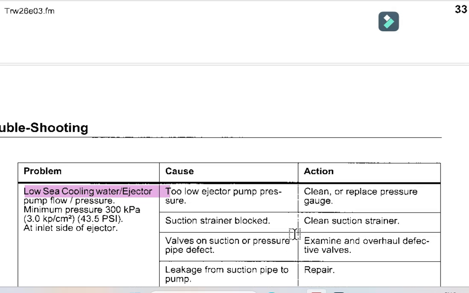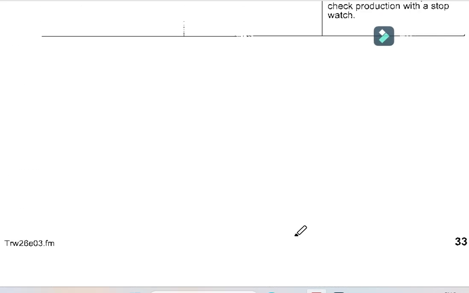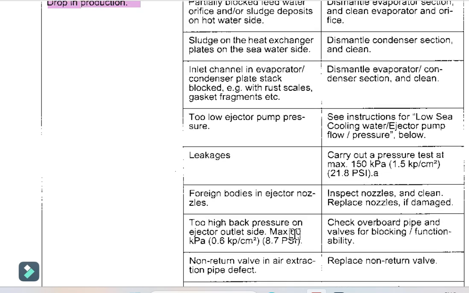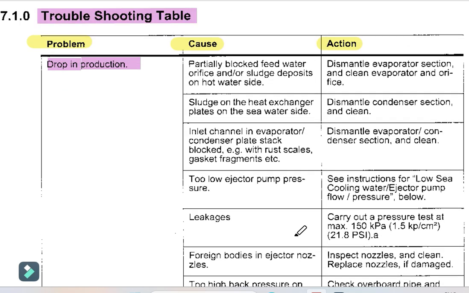plate type freshwater generator, and in this one you are going to completely understand the various problems associated with the freshwater generator, and how to tackle them, how to go about it. And this is one of the very important aspects related to freshwater generator operation and maintenance. And if you can take care of this, the water production on board will be good, and you can solve the problem very easily. And I will always suggest that you always refer to the manual, concentrate and focus on the various